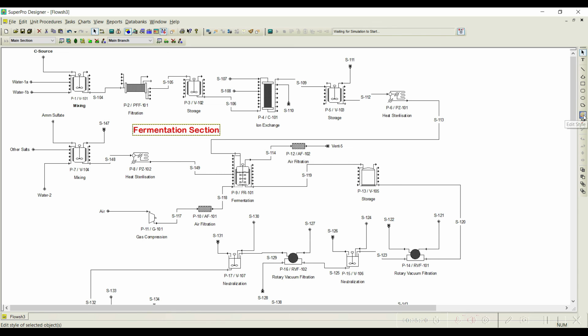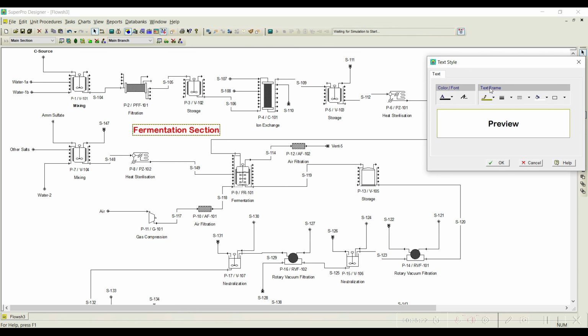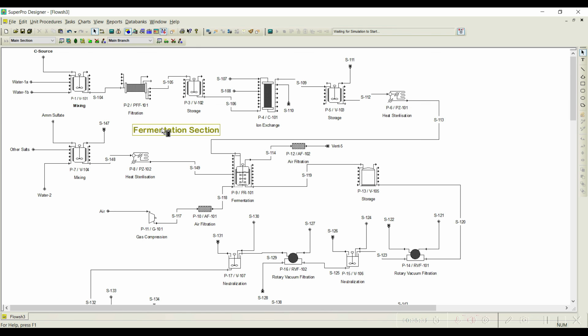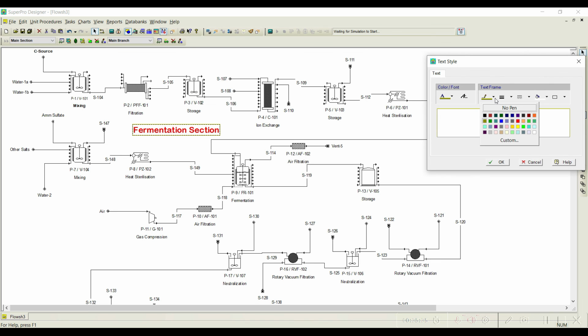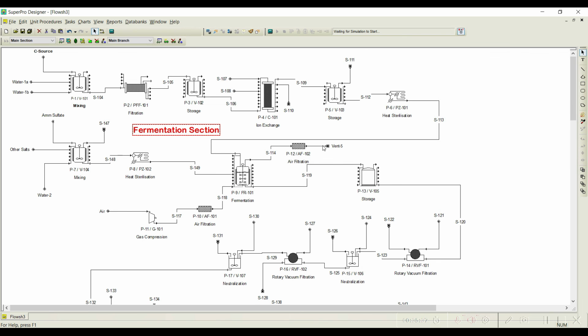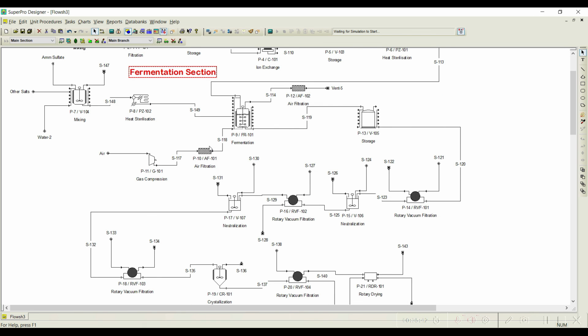We have changed the text font, and now the color of this particular font needs to be changed. You can select green color and click OK. If you want the frame color changed, as I told, you can go to text frame, I'll make it red color, click OK. You can notice the changes. Now this is the fermentation section. For example, you want to add another, you can just copy this and paste it here, and rename it as